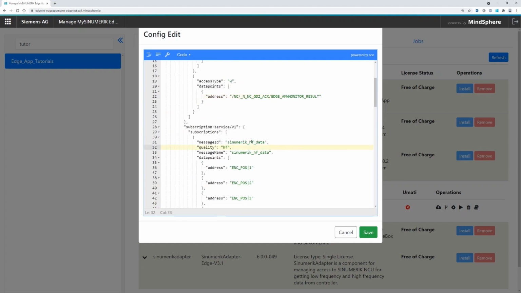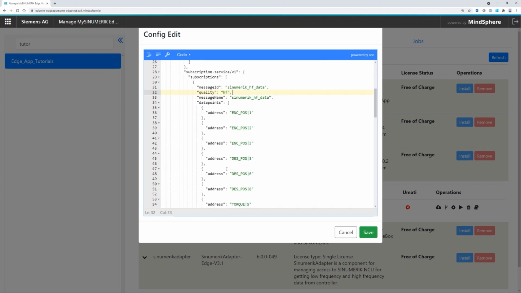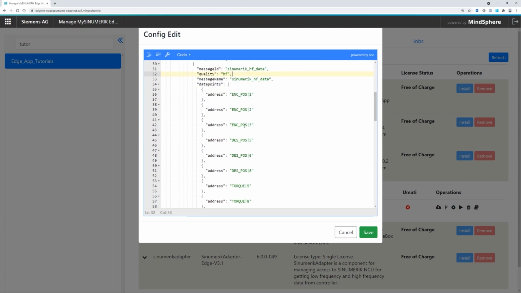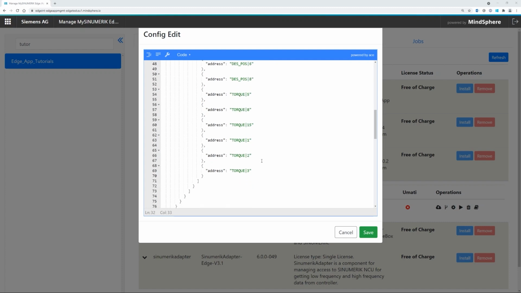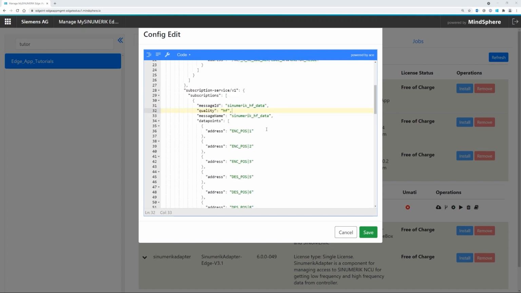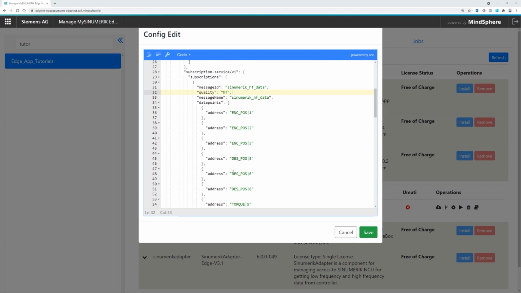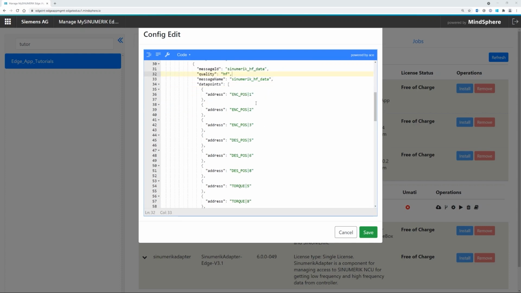Then we need to define the signals that need to be subscribed to for this application. This is a little bit similar to AMW Capture, where you also have to specify these addresses. By default, it's the encoder position, the commanded position, and the torque values for these axes. Since we have a 3-axis machine in the setup, we will only go for the encoder and the DESPOS values. That's why I copy and paste from